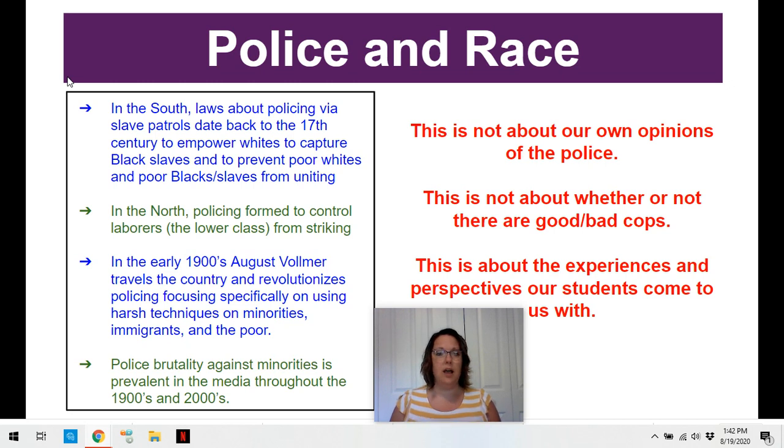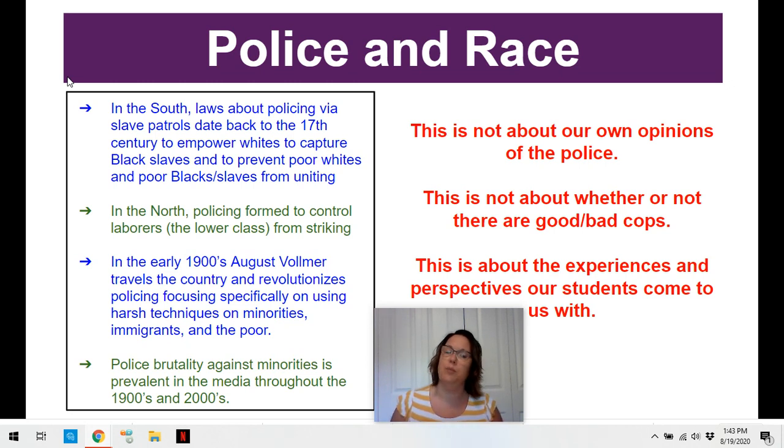In the early 1900s, a police chief named August Vollmer from California travels around and revolutionizes policing for the worse, because he realizes that when you use harsh techniques on minorities, immigrants, and the poor, not many people say anything. But when you use it on the wealthy, the white plantation owners and business owners, people don't like that. So instead of saying we should make this equal, he says no, we should definitely use all of these horrible, harsh techniques on the lower class and minorities and people of color and the poor, because it will keep them in their place. And for a long time, that was the mentality of the police in the United States,